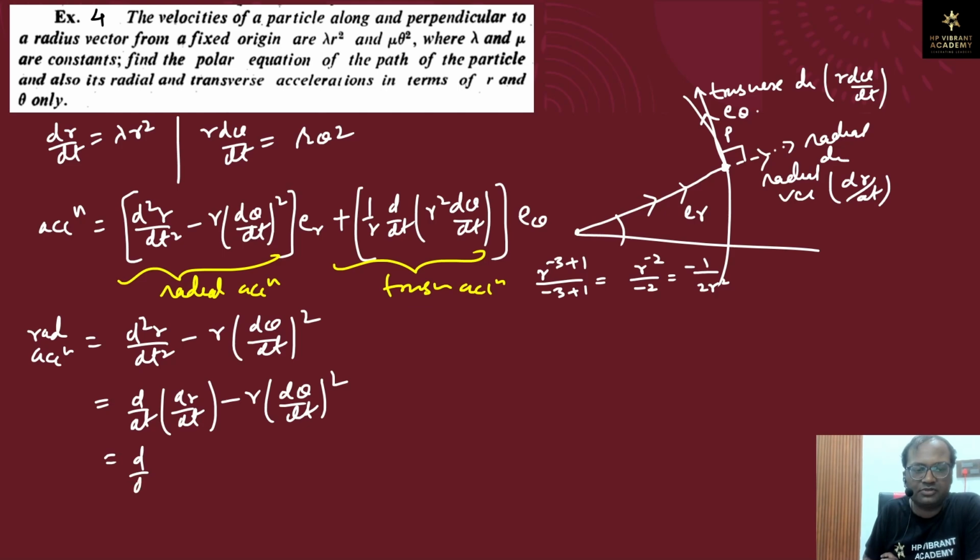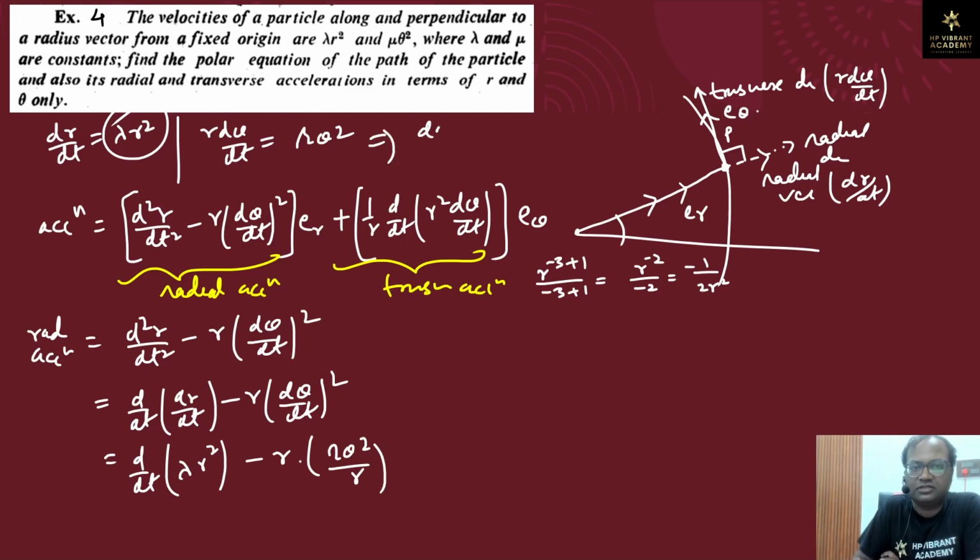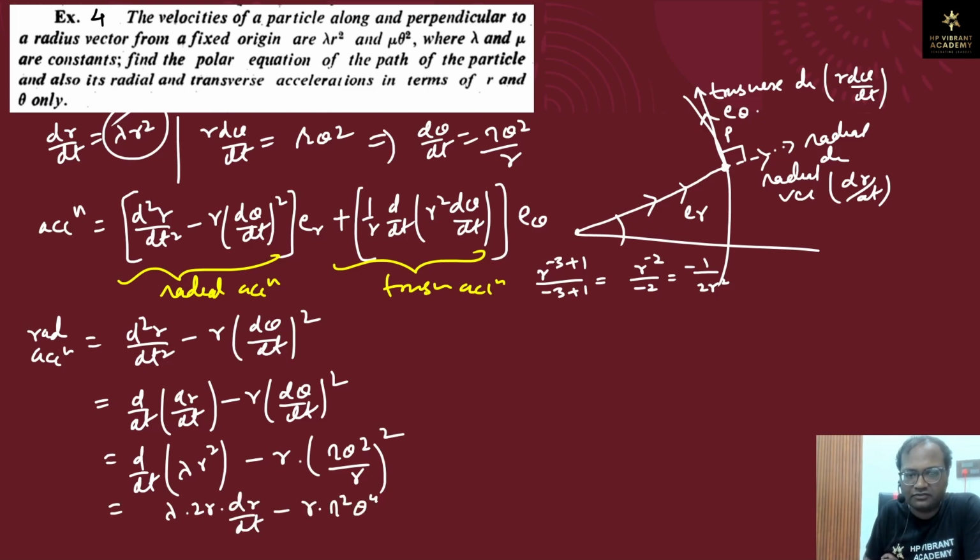This is equal to d/dt into dr/dt. dr/dt is λr², minus r into dθ/dt, which is μθ²/r. From here we have dθ/dt equal to μθ²/r, the whole square. This is equal to λ into 2r into dr/dt minus r into μ²θ⁴/r². So radial acceleration is equal to 2λr into dr/dt, which is λr², minus